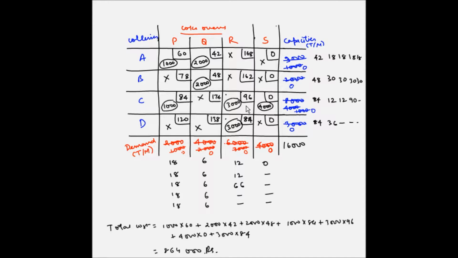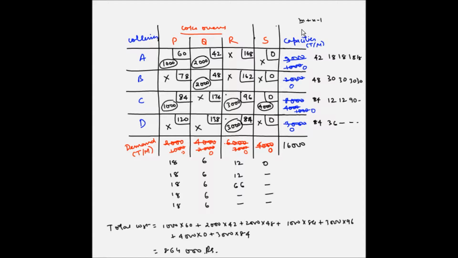Now we have to find out if this solution is the optimal solution or not, and we can find that out by doing an optimality test. However, first we have to find out if this solution is acceptable to proceed with the optimality test. Now there are two conditions for checking for acceptability. The first one is that the number of allocations should be equal to m plus n minus 1,